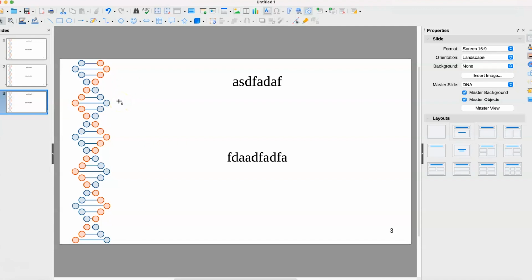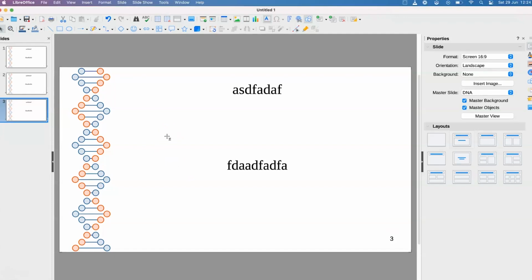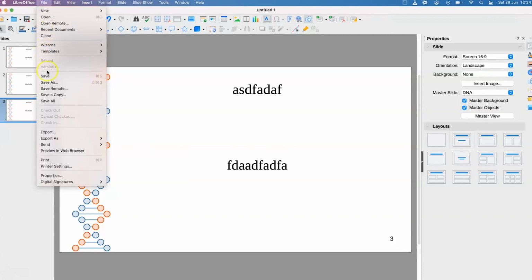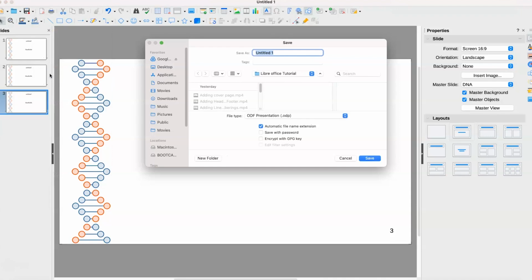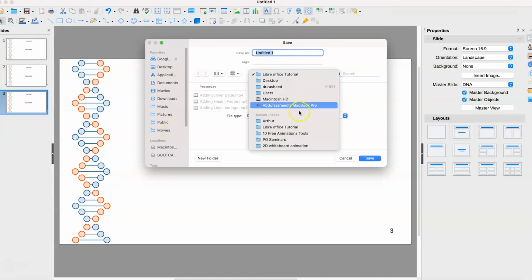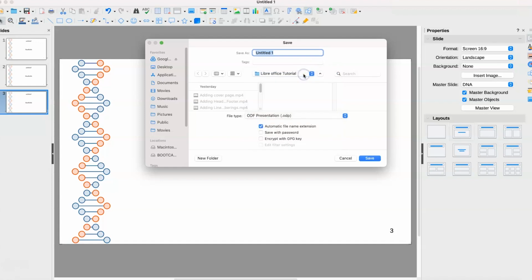But for now, let's say we want to create a project. This is a new document that we've just started, and our target for this class is just to create a project. To save this file, all you need is to come to File over here and choose Save As, or Save, and it brings you to this dialog where you define where you want to save it. Navigate within your system and find a place where you want to save. In my case, I want to save it in this LibreOffice tutorial folder, and I can type in the name,